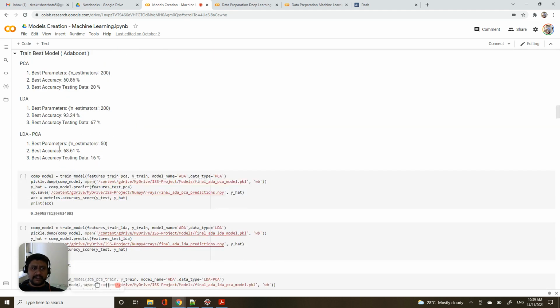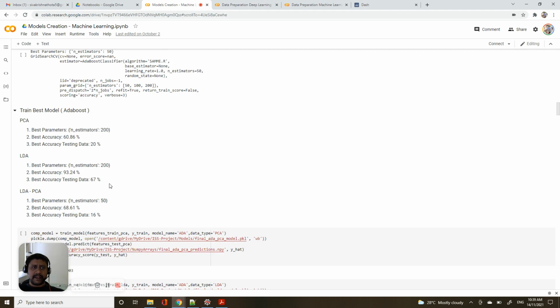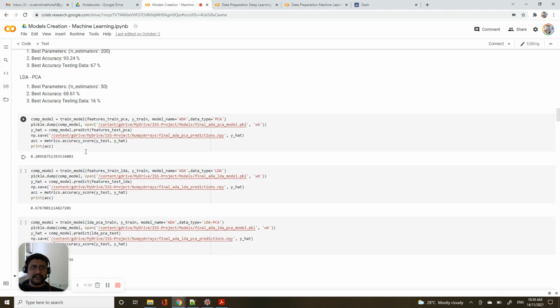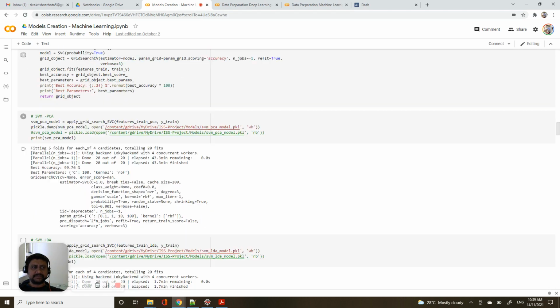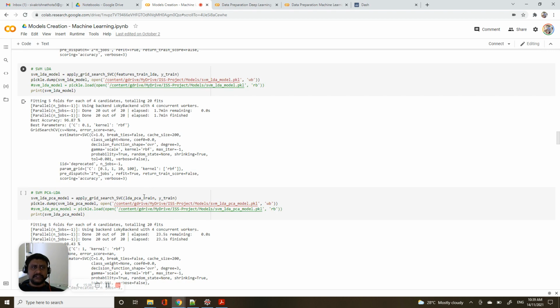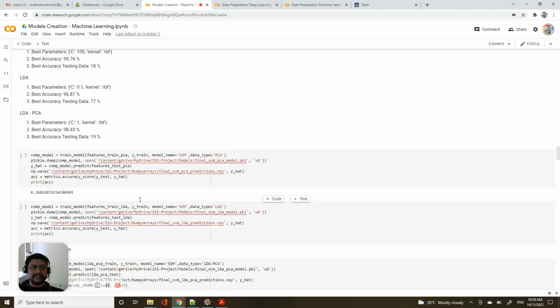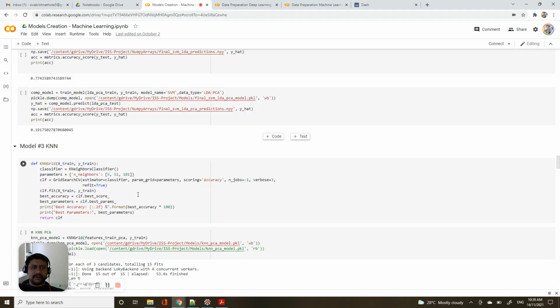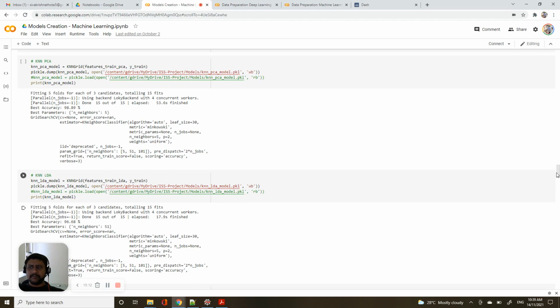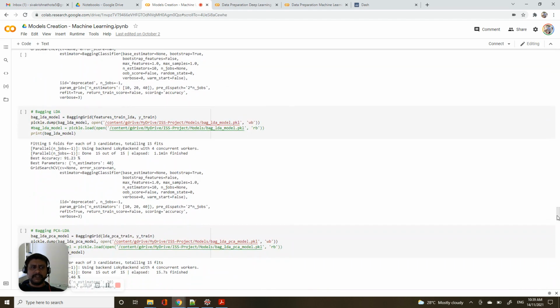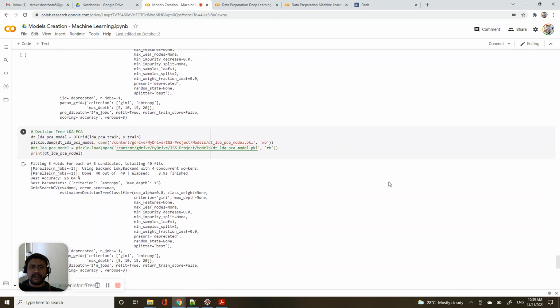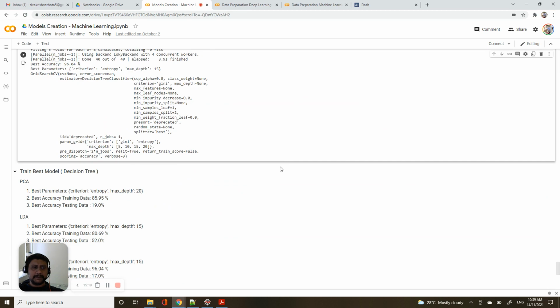These are all the trained models and their accuracy, which I already mentioned in our slides. So this is the machine learning model creation using KNN and AdaBoost.